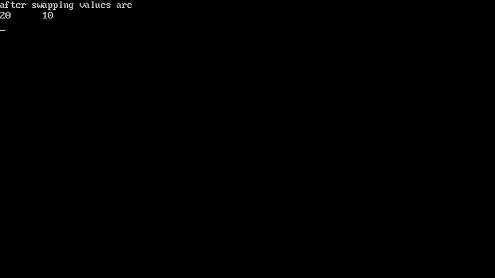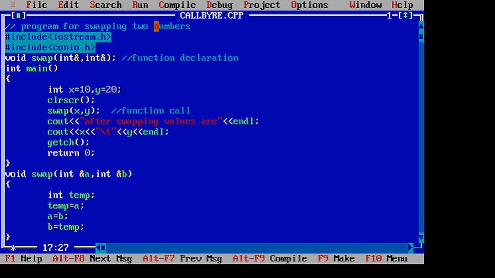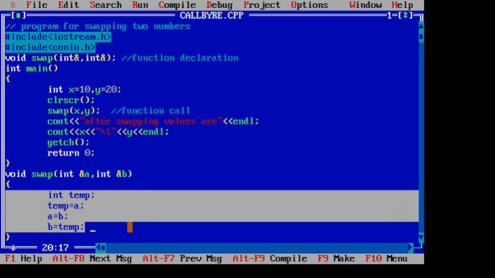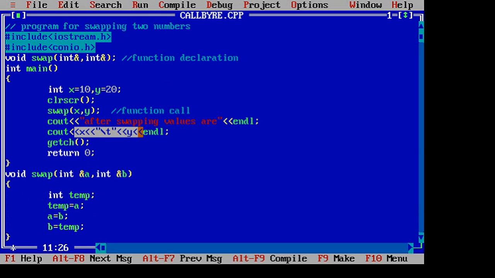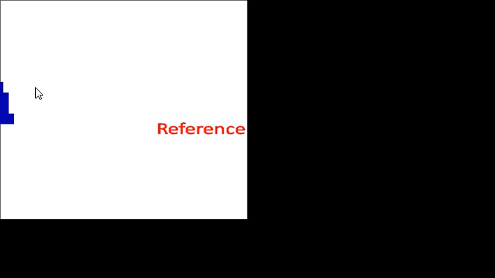Okay, so in the earlier case, x and y take 4 bytes of memory in total, and a, b and temp take 2 plus 2 plus 2, that is 6, so 6 plus 4, that is 10 bytes of memory in total, right? But now there is no separate memory for a and b, as they are referring to x and y only, so there is a saving in memory. In the earlier case we required 10 bytes of memory in total, now we require 6 bytes in total. Now if I compile this program